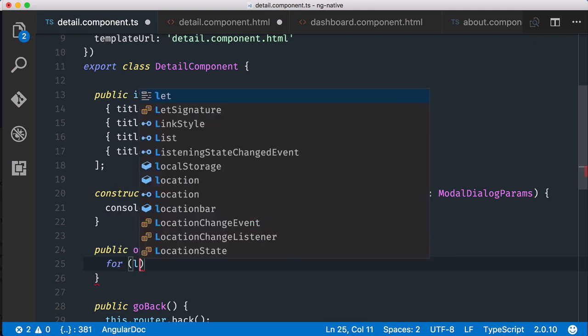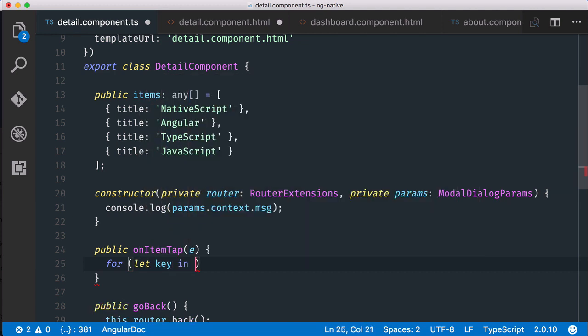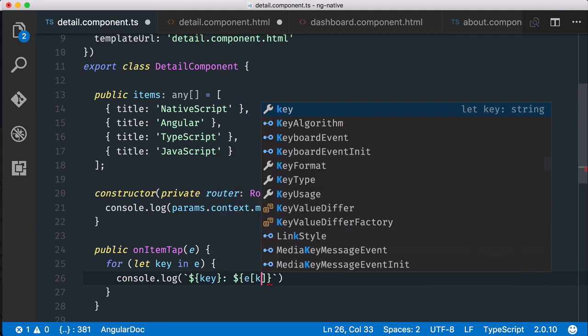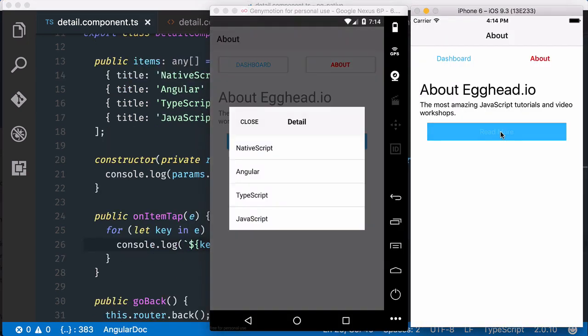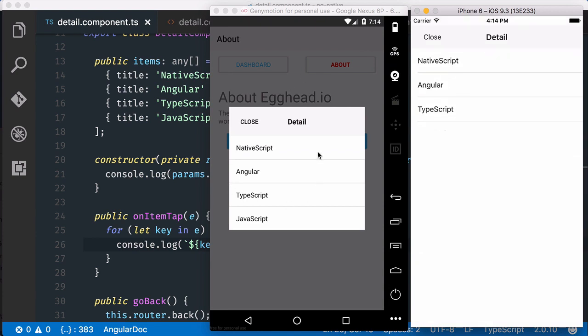And in those cases, it's handy just to print out the properties on that event. And we'll just print out what the value is. Let's look at both on either platform. We'll see that they do look similar. What is interesting about iOS is that it has a max height by default, and so we're going to want